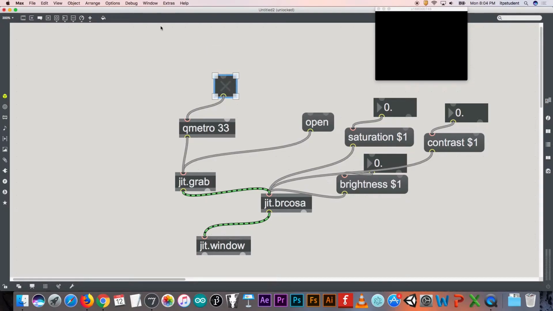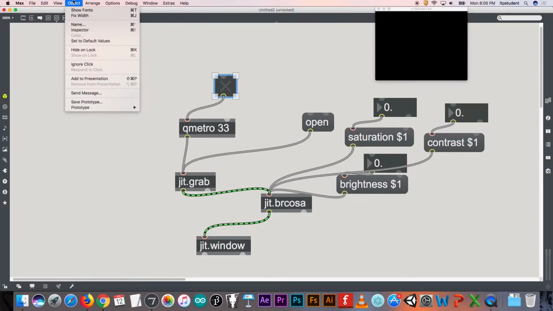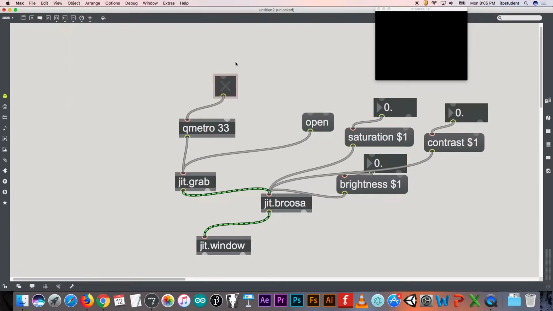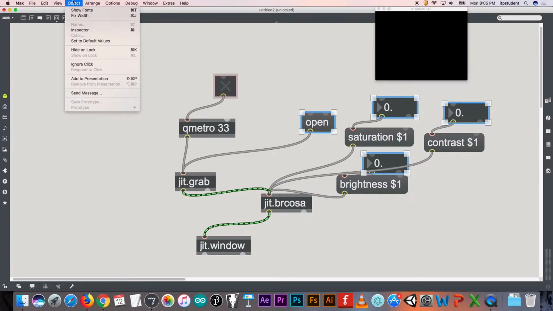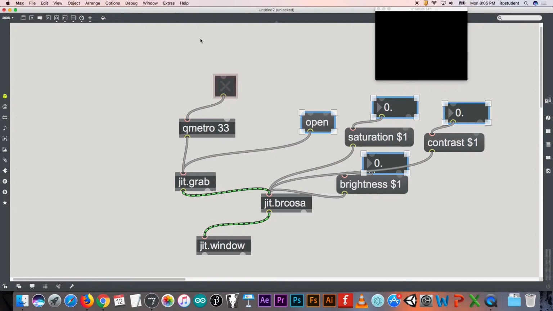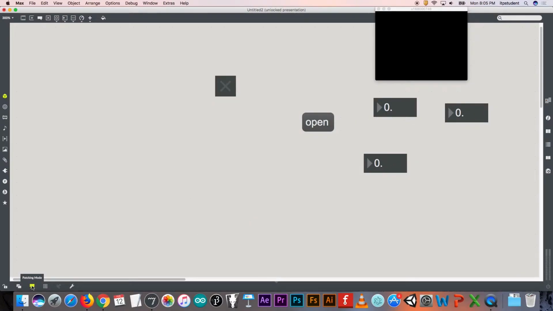And if I select this toggle and I go to Object, Add to Presentation, now it has a little red box around it. And I want this, and I want this, and I want this. I'm just holding Shift and clicking things. And sure, I want it to open too. And I'll go to Object, Add to Presentation. I can also do a hotkey, Shift Command P. And now everything there is visible. And if I go into presentation mode, it hides everything else. And I can just put this here,